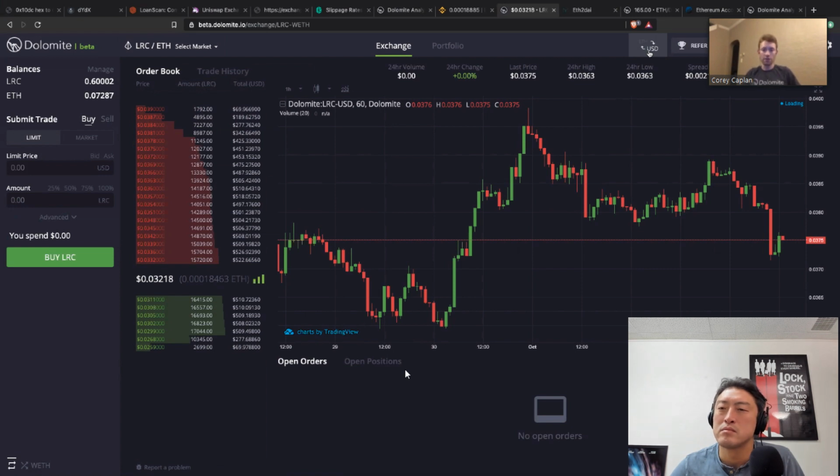And so 0x is very analogous to Loopring in a lot of ways, but when you look under the hood, that's what makes them very different. 0x has this use case of tailoring towards on-chain order books with on-chain liquidity that Loopring can support as well, but Loopring drew a line in the sand that they're really trying to support this off-chain order books